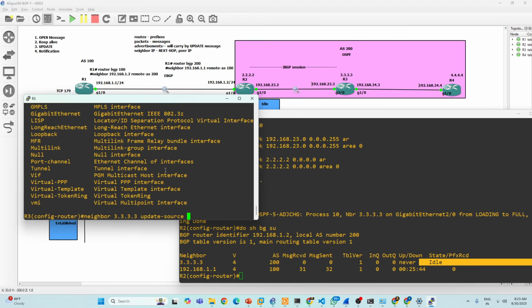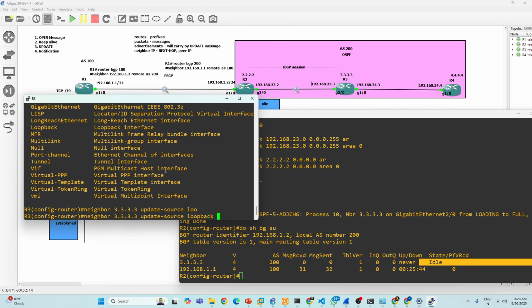I'm giving loopback 0 because with the loopback interface we need to advertise, right? Whatever the IP address on loopback 0, it will take it. In IBGP configuration, you need to specify this one extra command.